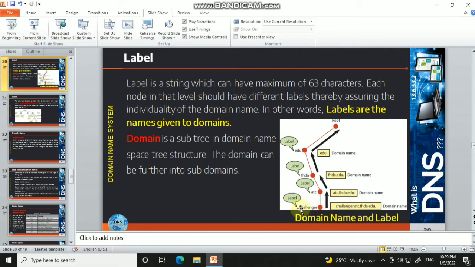Challenger is the last domain. If I want to reach this challenger domain, I should fetch where it is coming from. It is coming from the ATC domain, ATC is inside FHDA, FHDA is inside EDU, and EDU is in the root. So from the bottom to top approach, you have to read the domain names.